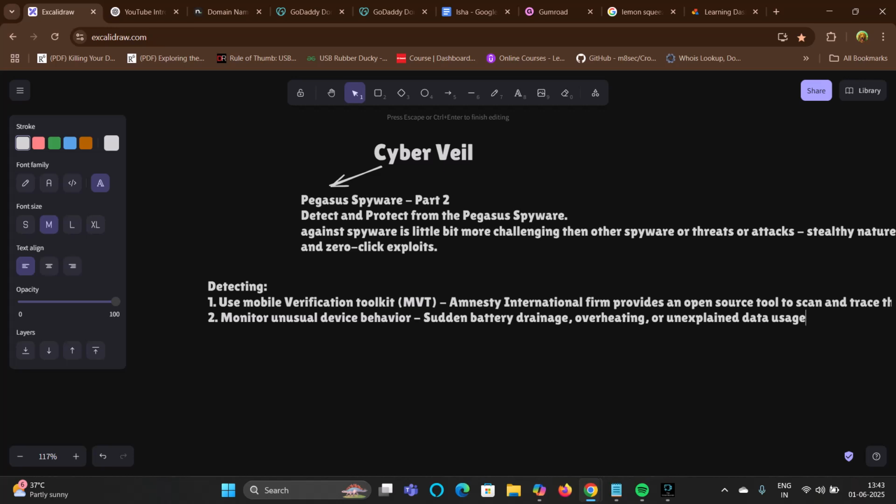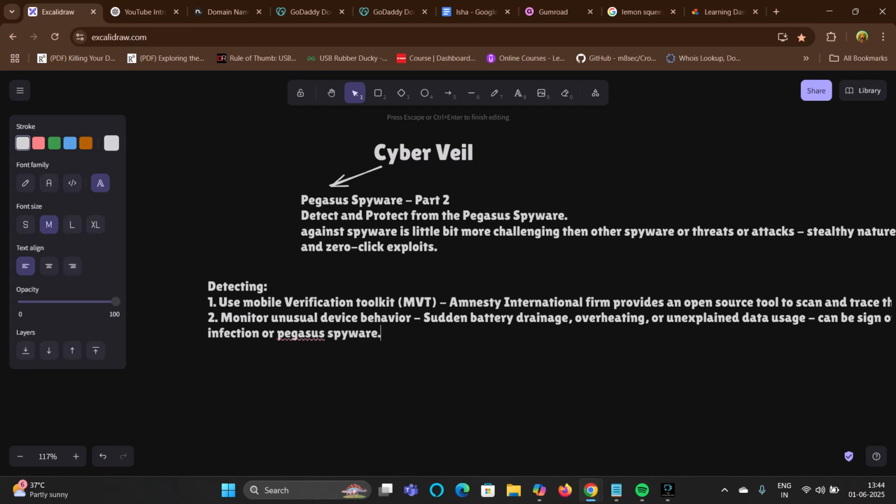If you're not even using your mobile phone, but the data or internet is still being used, then this can be a sign of infection, or you can say Pegasus spyware.